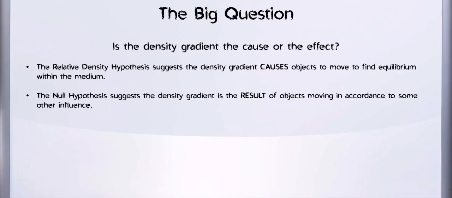Less dense moves to less dense, more dense moves to more dense, less dense than the medium up, more dense than the medium down, depending on how that gradient is layered, whether it's more dense at the bottom and less dense at the top, or more dense to the side and less dense to the side. That will determine the direction of the